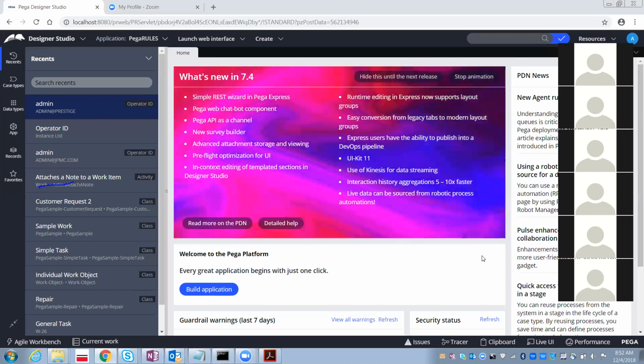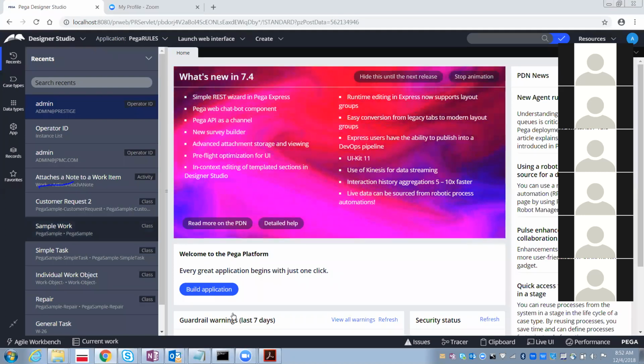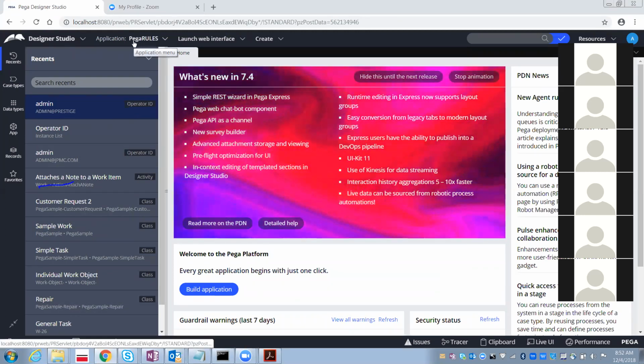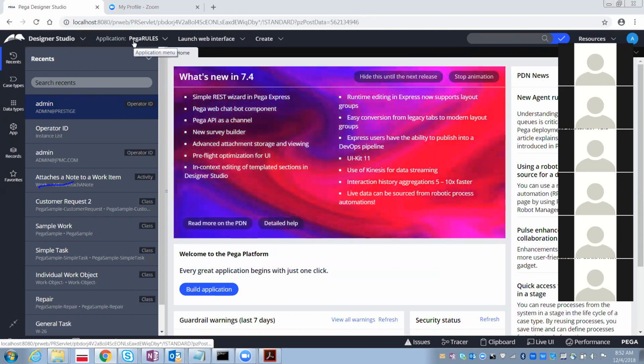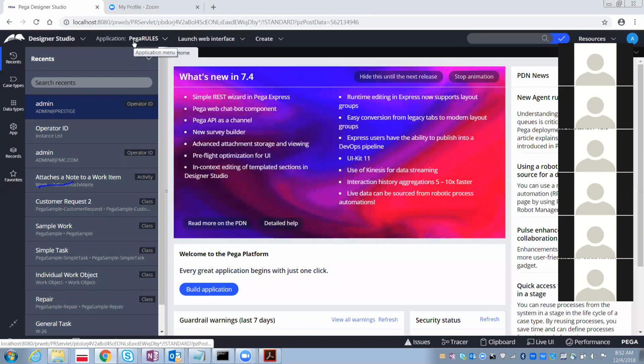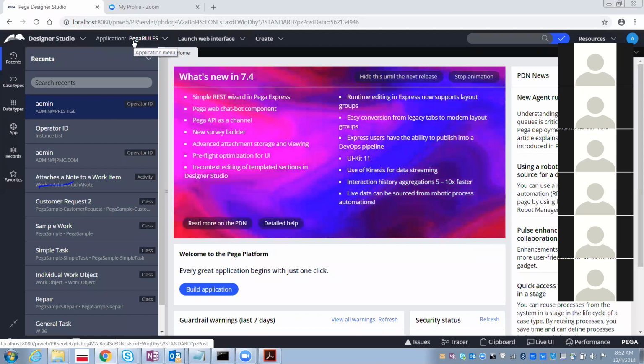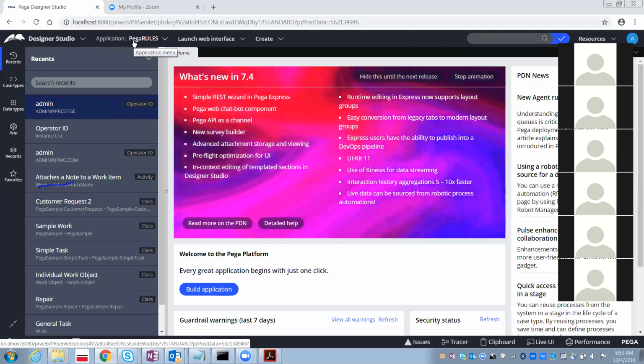Now if you want to create the application, first you need to log in as administrator@pega.com, by which we have logged in. Why administrator@pega.com? Because this is the administrator operator who has complete access to the Pega application.